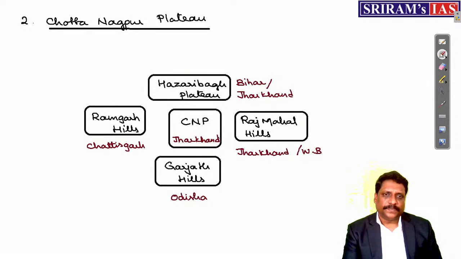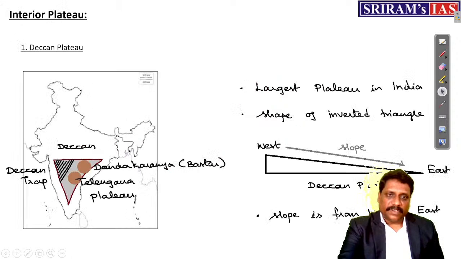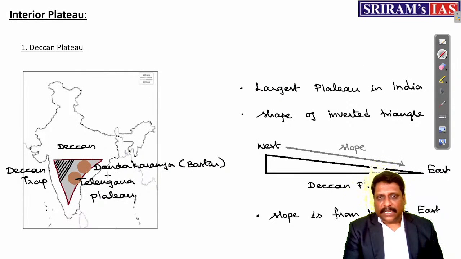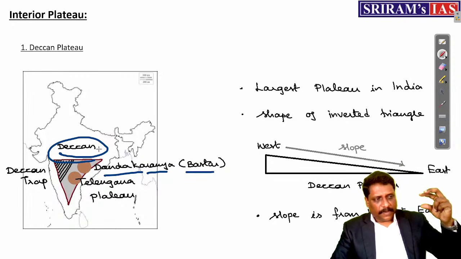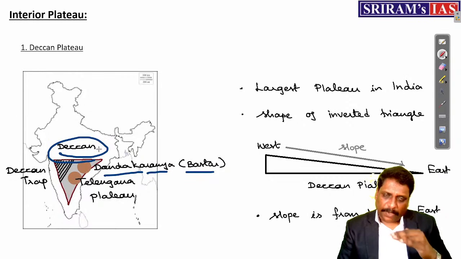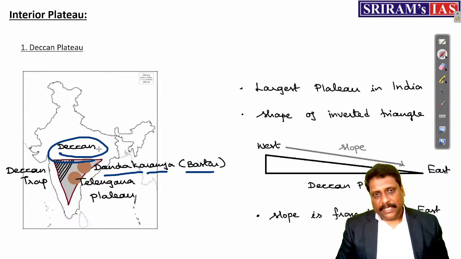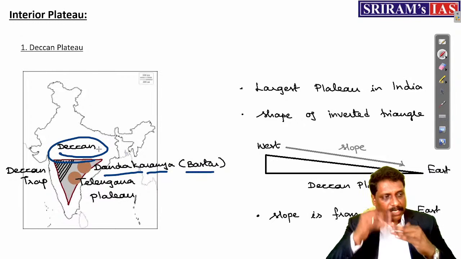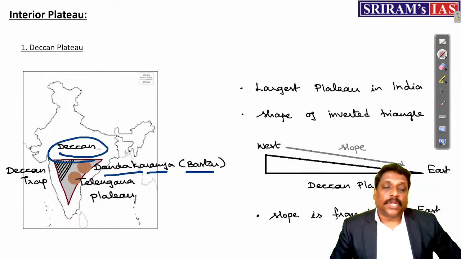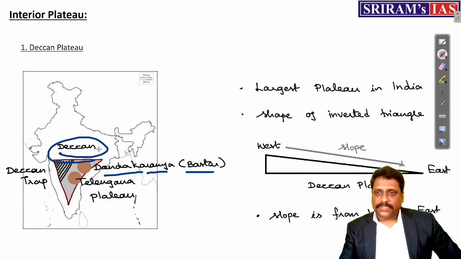With a small clarification. Chhattisgarh, if I just take it as a state, northern parts of Chhattisgarh, where I have Ramgarh Plateau or Ramgarh Hills, is part of Chota Nagpur Plateau. Whereas the southern parts of Chhattisgarh, my dear friends, where I have this Dandakaranya tableland or Bastar Plateau, is more a part of what? Deccan. So Chhattisgarh is a state where I have the presence of Deccan Plateau as well as Chotanagpur Plateau. The southern parts of Chhattisgarh is more like Deccan Plateau. The northern parts of Chhattisgarh is more like what? The Chotanagpur Plateau. Okay?